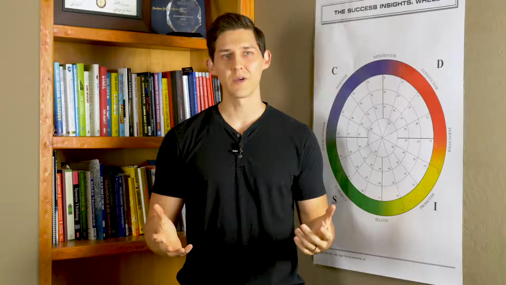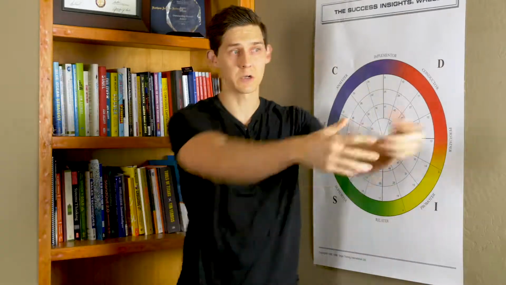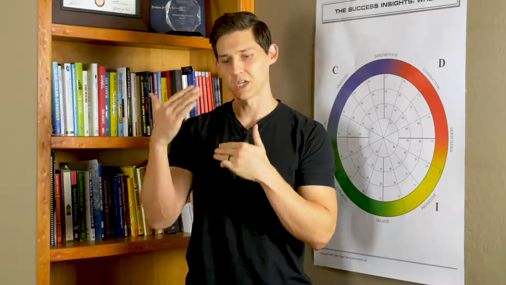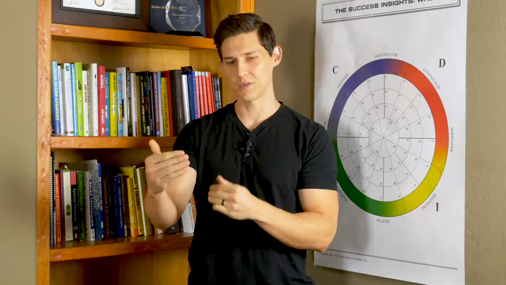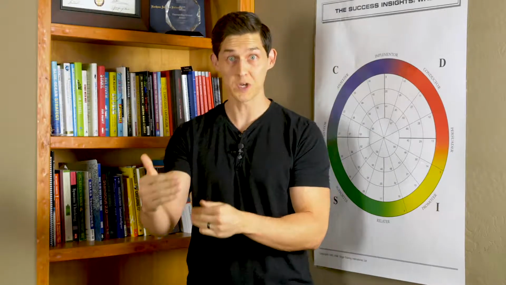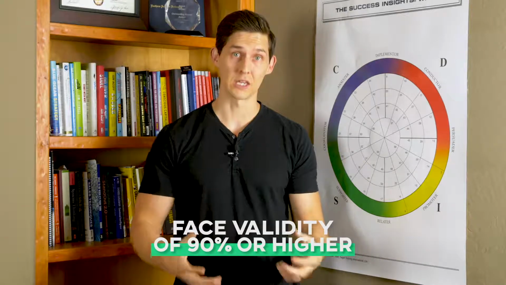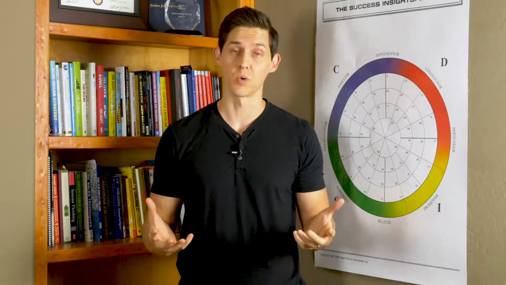Because some companies out there, they'll create a DISC assessment and they'll create 16 variations. So if you're a high D, here's the reports you get. If you're a low I, here's the reports you get. So what you need to do is look at a report and make sure you read it and say, this is really me. Like the majority of this is me. In fact, what we shoot for is that the assessments we use, the face validity is at least 90% accurate. In other words, when someone reads through it, they can say at least 90% of this report sounds just like me.